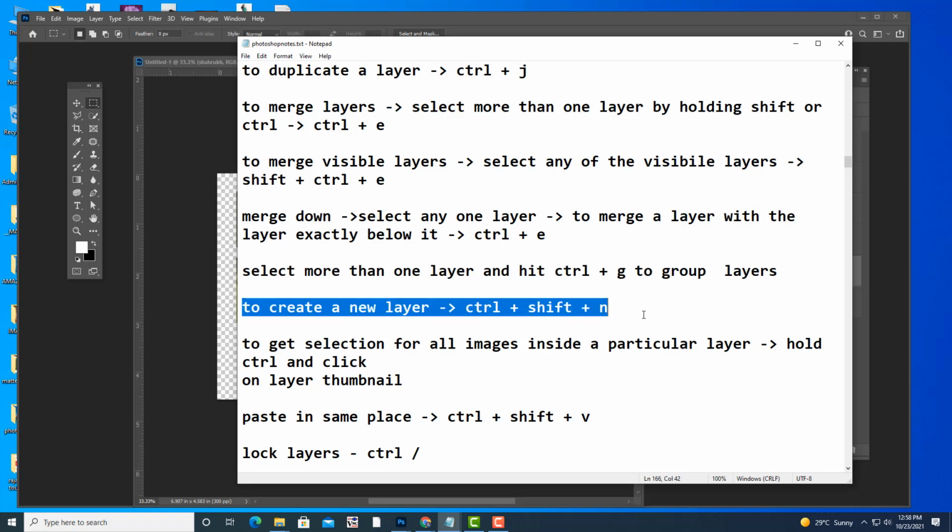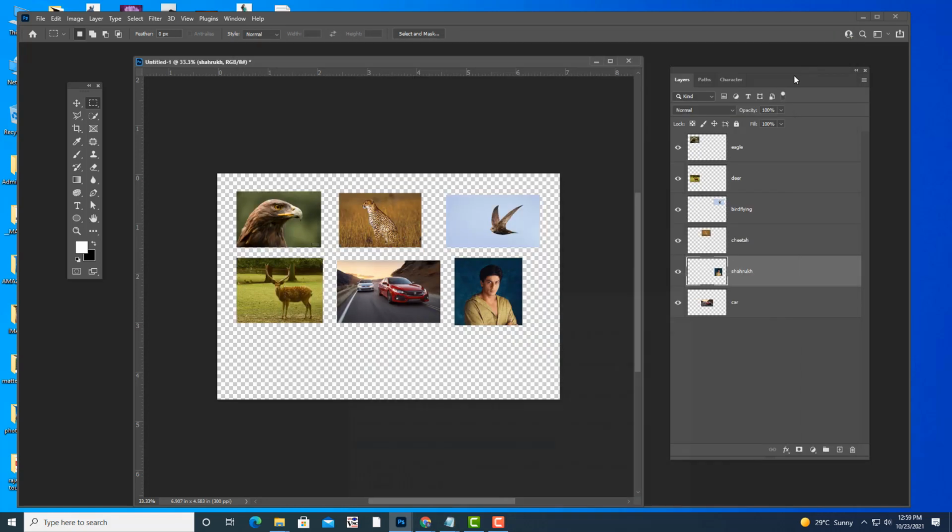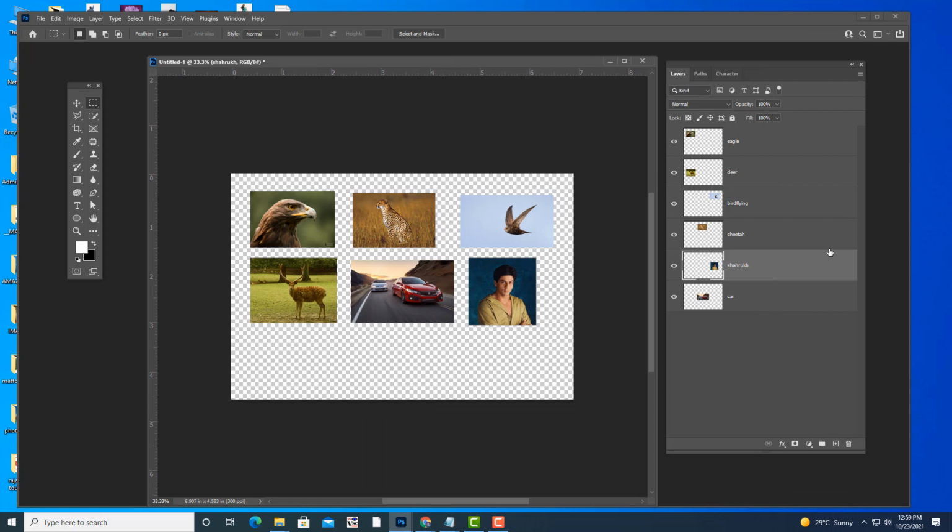To create a new layer, just write down this point: the keyboard shortcut is Ctrl+Shift+N.